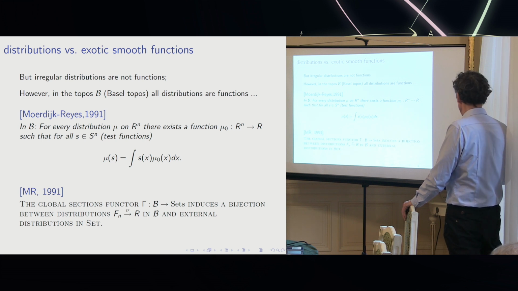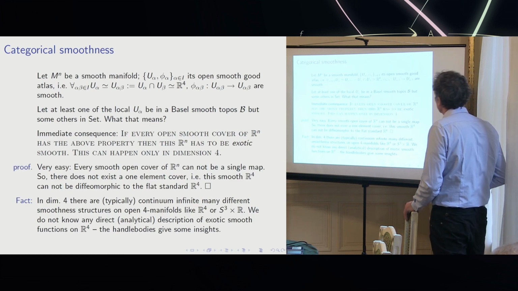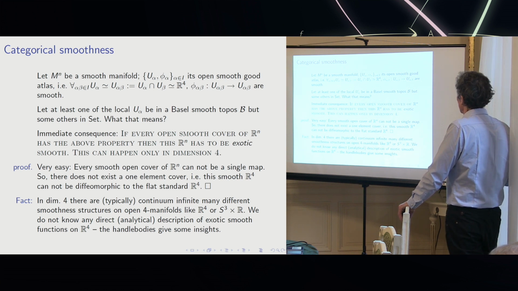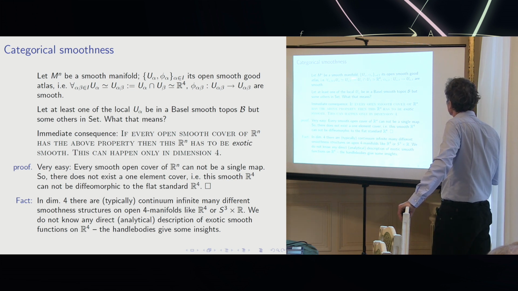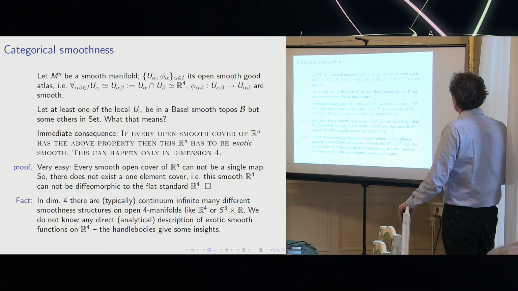So this is not just... if it succeeds somehow, we get some good results. Okay, so let me define the categorical smoothness. Starting from any smooth manifold, let's say Mn, with its open, smooth, good atlas. Good atlas means that the common part of these two local patches is diffeomorphic to R4, and also any of these patches is diffeomorphic to R4. And so there are transition functions, and let us